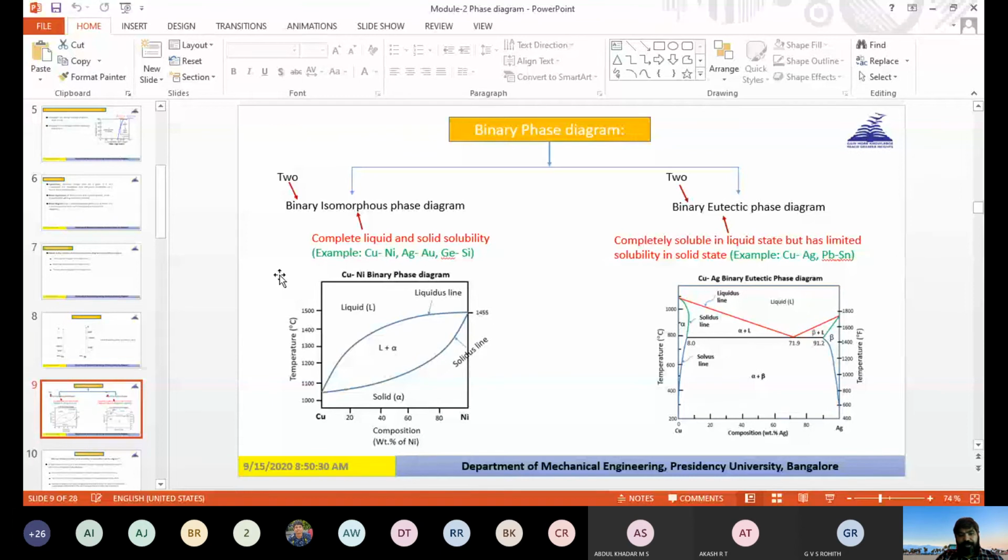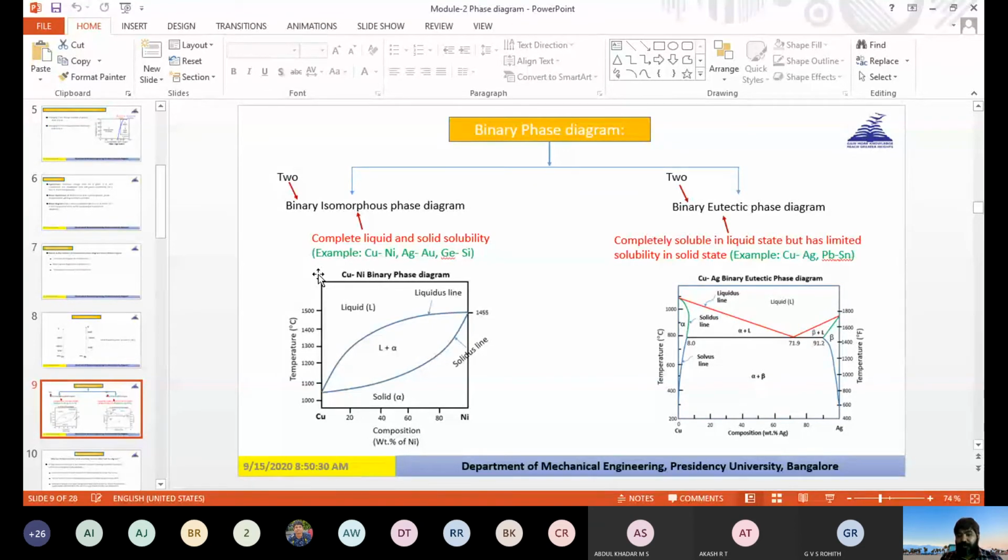So just try to understand this concept. When we finish the lecture today, just relax at home and try to understand this diagram, and if you have any doubt, then please let me know so that I can clear your doubt. Once you start understanding this subject, it is very useful for you.